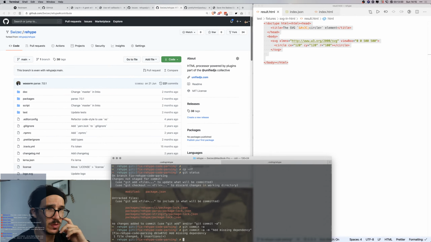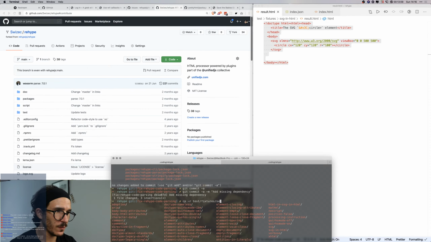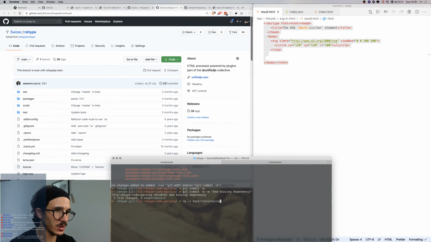Okay, I don't know if that is the right thing to do, but now we're going to copy -r the tests fixtures. If we look for HTML SVG in HTML, we copy that to test fixtures, and we call it HTML in code. That seems reasonable. HTML in pre, yeah, let's do in pre, because I think that'll make more sense.